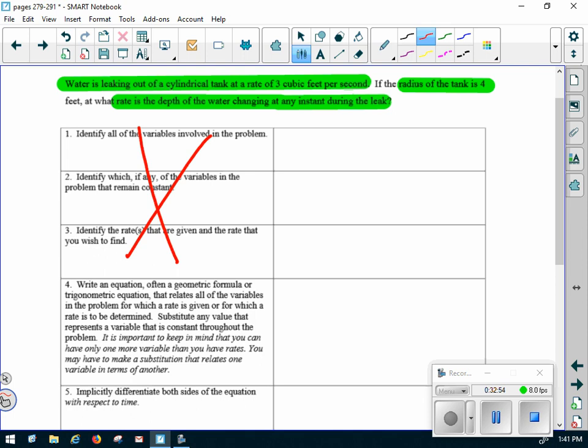What are we trying to find? At what rate is the depth of the water changing? We'll just call that height. So what am I trying to find? dH/dt. So find dH/dt, given,